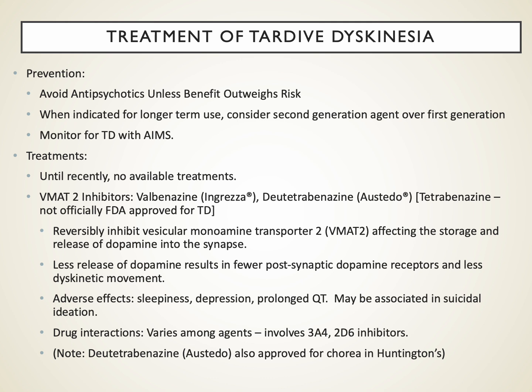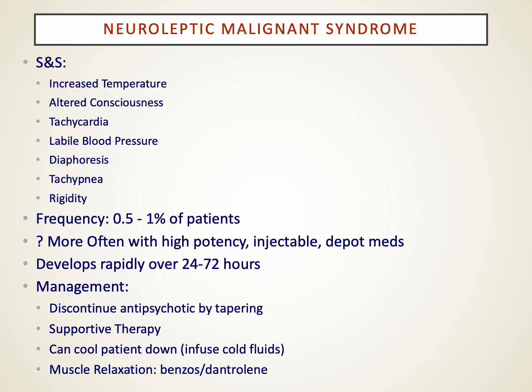So the best answer for tardive dyskinesia is preventing it. If someone has it, then we may look at stopping the antipsychotic when we can, using a second-generation agent if we need one, and looking at maybe one of the VMAT2 inhibitors. So that's not the only set of side effects we worry about with antipsychotics. There are many more, and let's go through some of them.